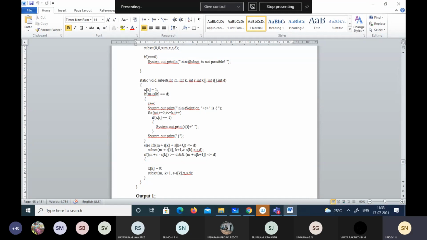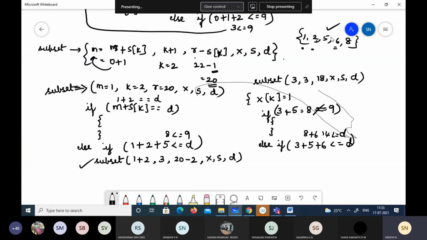So this subset function cannot be executed now. So we have to exclude one element and consider the next one and check whether we can get the solution. So for that we have this if statement again. Now the third one we should not consider, isn't it? This 5 we should not consider. We don't want this 5 now. We should exclude this 5 and try with the next element. So for that we have this if statement.